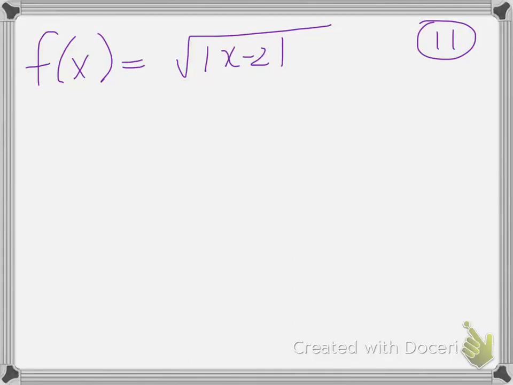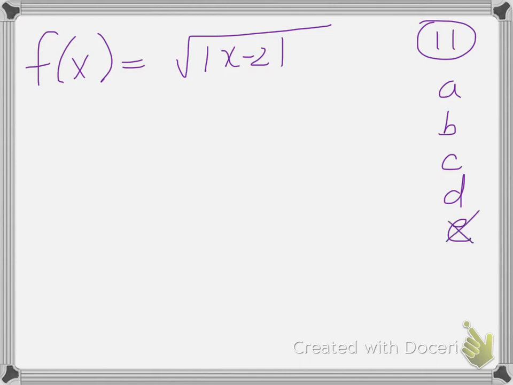Okay, this is problem number 11 from the multiple choice, and you were given this f of x, and you had to answer all these different questions about limits and continuity, and so we're going to find the answer by a process of elimination. You have 5 choices. E says that x equals 2 is a vertical asymptote. Vertical asymptotes come from the denominator, and there's no denominator here, so we can easily exclude E as a possible